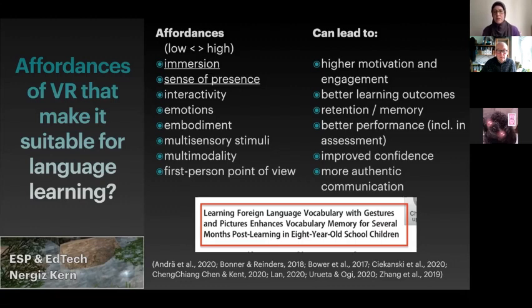But TPR is often only possible to use with lower levels, because there is a limit to the gestures, I guess, you can do. Whereas in a virtual world, the gestures are limitless, and you can also use them in the real context. So you are in the environment. Let's say you're in a kitchen and you're learning the language of the objects in a kitchen or things you can do.